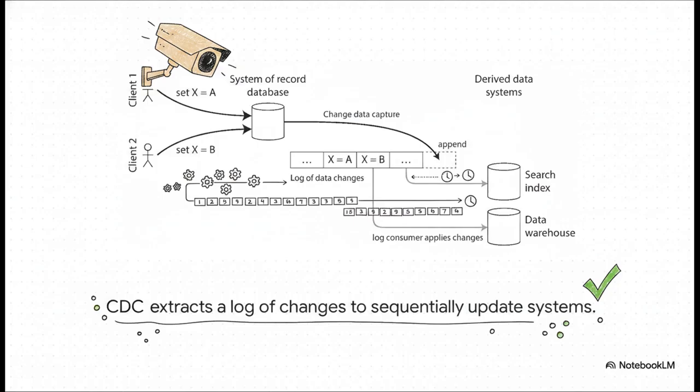Every single time a row gets inserted, updated, or deleted, CDC captures that exact change as a discrete event and fires it over to our log-based broker. Then, our search index or data warehouse just consumes that stream. Because the log enforces strict, unbending order, our search index applies the changes in the exact same sequence the database did. That nasty race condition from our earlier crisis, totally eliminated.